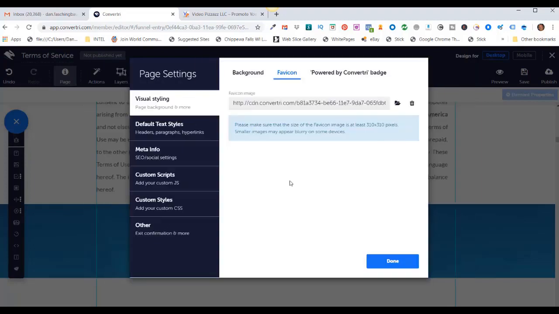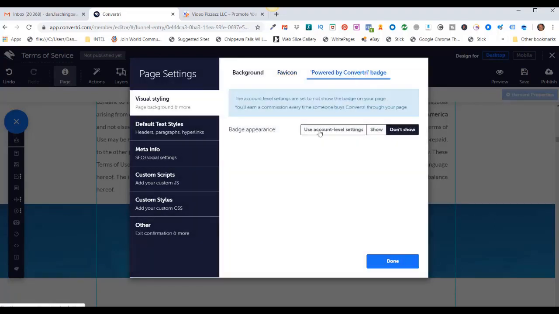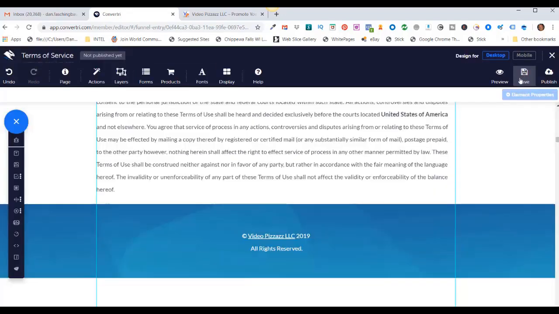Alright, one more thing you might want to do is, here's the Powered by Convertri badge. You click on that tab. And I happen to have my account level settings set up so that it does not show the Convertri badge down here. It doesn't say Powered by Convertri. If yours does and you want to turn that off, you would just click here, Don't Show. But mine is set to Don't Show at the account level, so I don't need to do that. Just click on Done, click on Save,